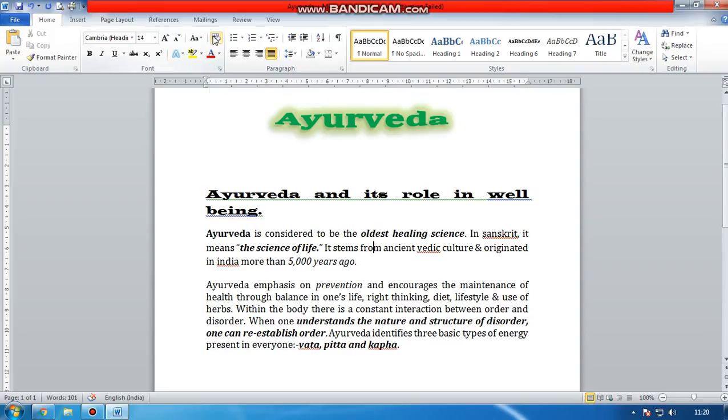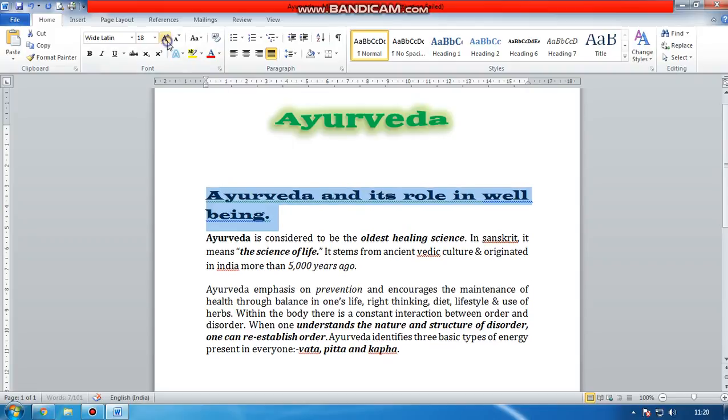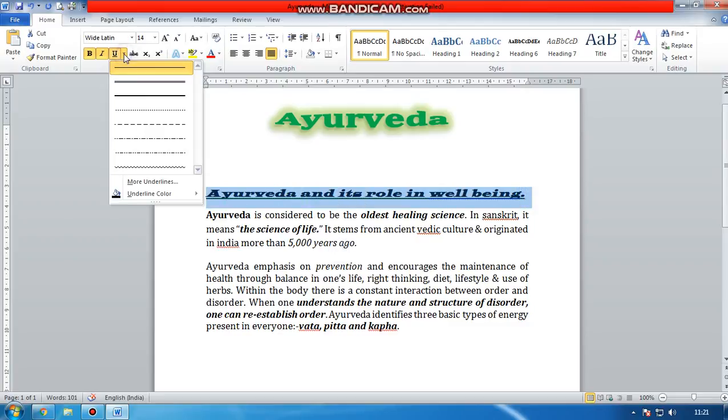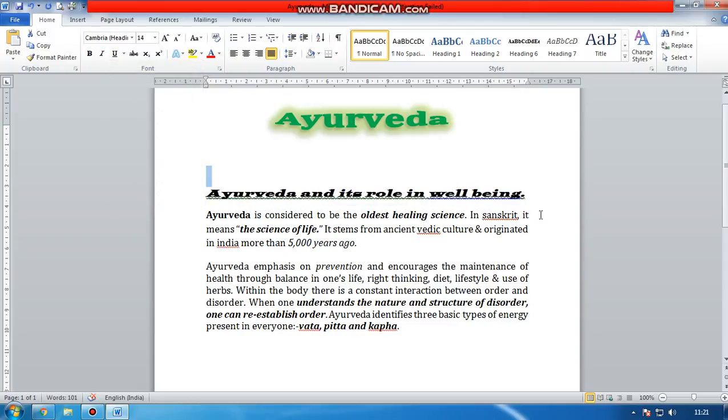Now this is your eraser, the clear formatting. This is a formatting eraser. Here I'll show you what formatting is first. Now, Ayurveda and its role in well-being, I am decreasing the font to 14. I'm choosing B for bold, I for italics, slanting, and U for underline. Now for underline also, click on the arrow button and choose the style of the underline you want.